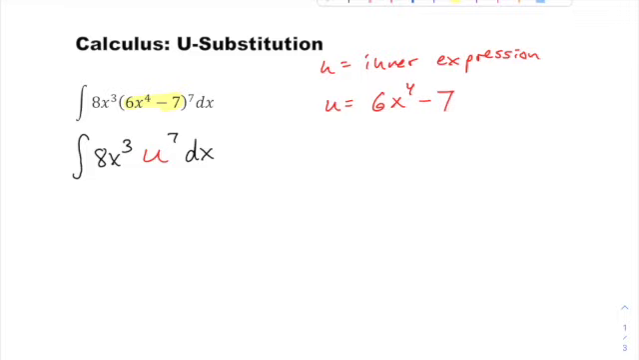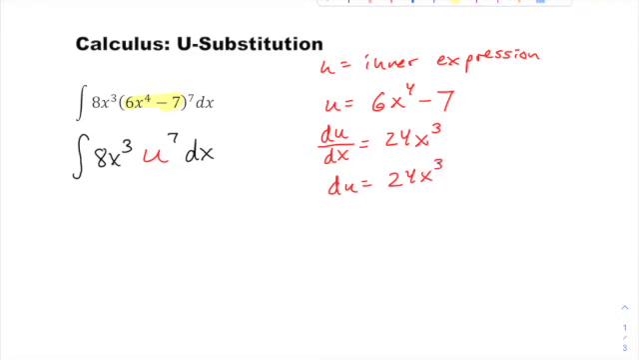We do a little work on the side here where I have U equals 6x to the fourth minus 7. Now I'm going to take the derivative of that. And when you take the derivative of each side, we're taking it with respect to x. See here how I would normally get dy dx, I'm getting du dx. And on the right side, I have 24x cubed. So the derivative with respect to x is 24x cubed. Now I'm going to multiply both sides by dx,